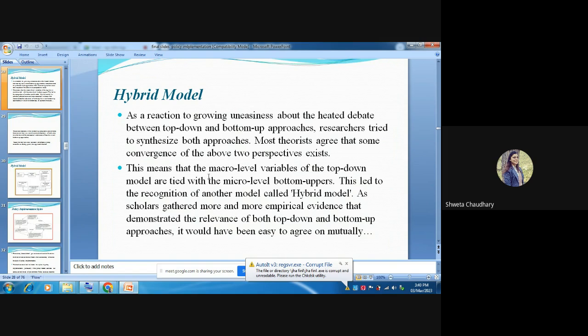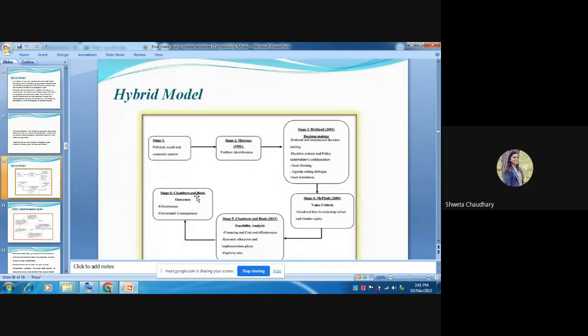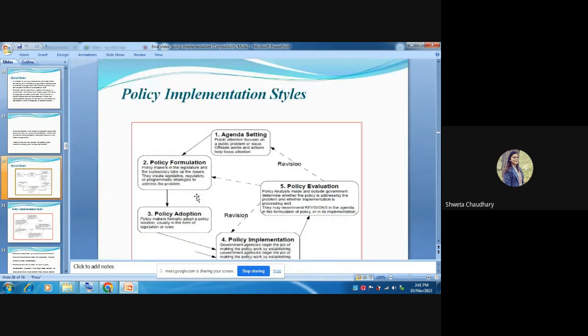So if you have to increase your national income, you have to tie up with the farm income. You have to undertake policies that will boost the farmers' income by giving them subsidies, various supports on infrastructure development, subsidies on fertilizers, equipment, and machinery support. This is how you can tie up both and get a hybrid model. This is a better approach than the top-down and bottom-up approaches.